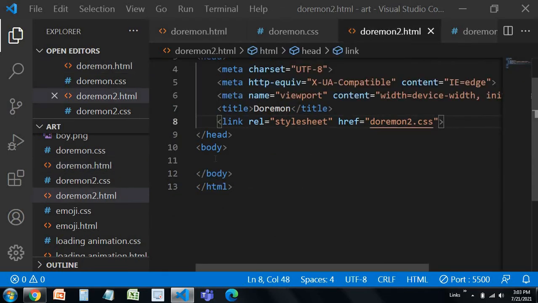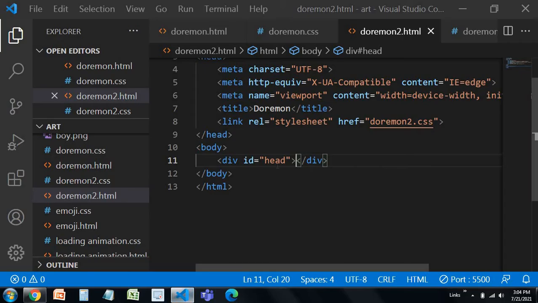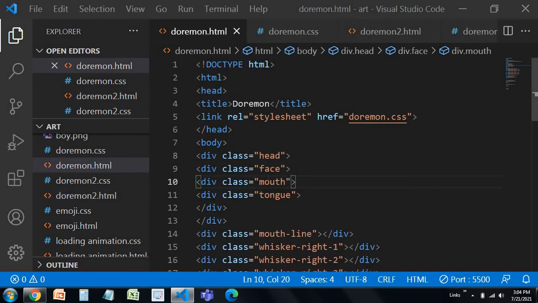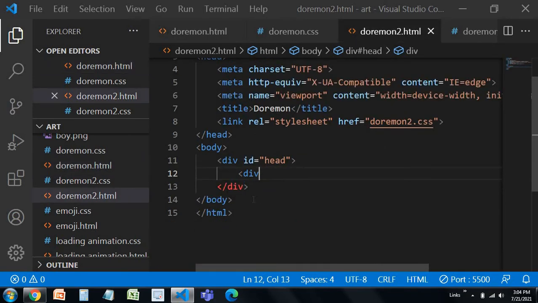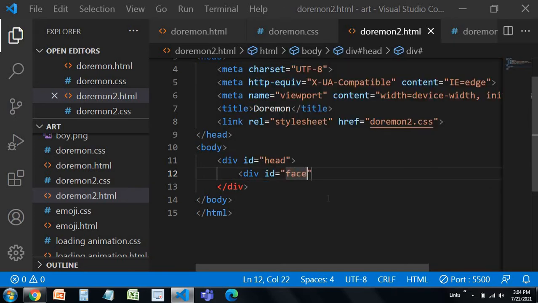Now create a head div over here, div id head. This div is basically going to be our main head of the Doraemon. You can see that this blue part is going to be the main head of our Doraemon. So go over here and inside this you're going to create some divs. You can see that inside this there is face, mouth, tongue. So face, mouth, tongue, you can give it div id face and then mouth